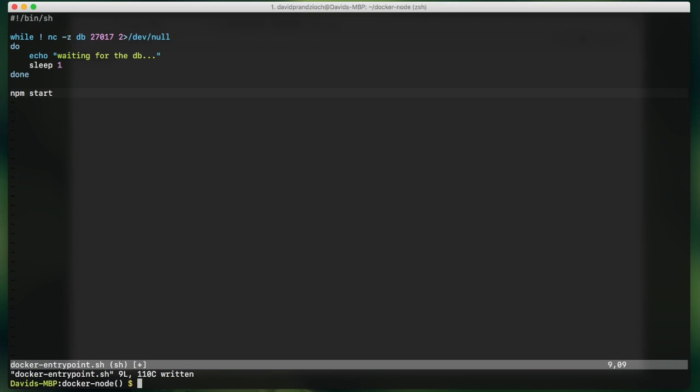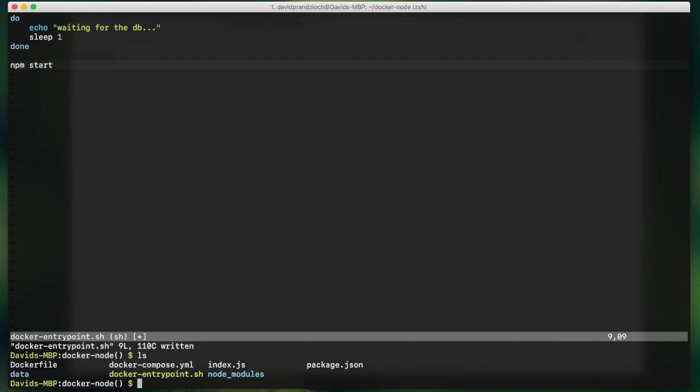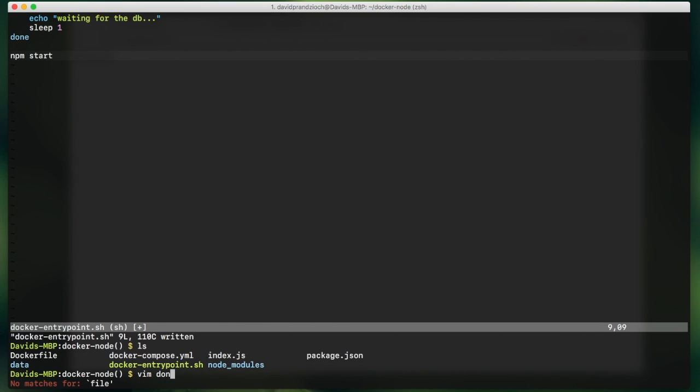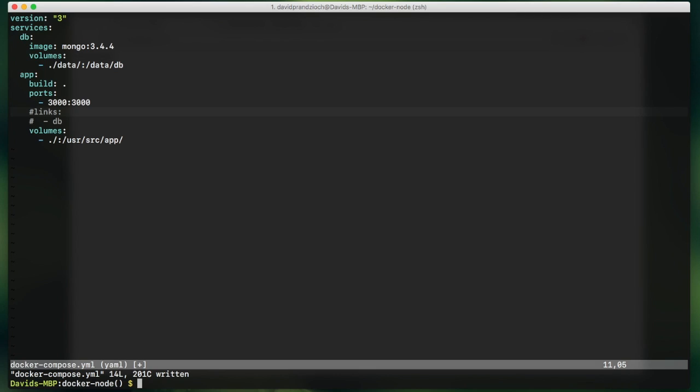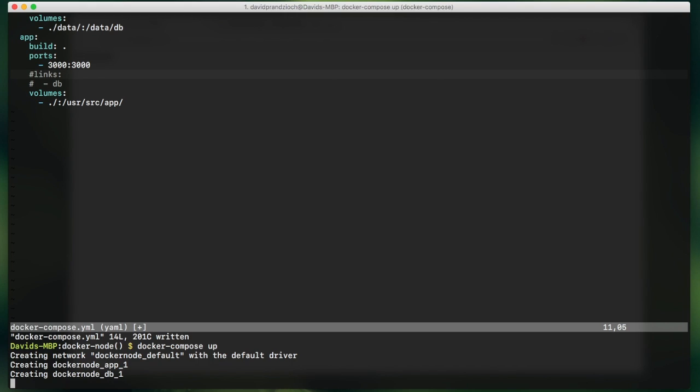And because this is hard to reproduce, we will just enforce to not have our database running when we start our application. And therefore we have to remove the link to that container, because otherwise it's always started. Okay. Now when we start our application again,